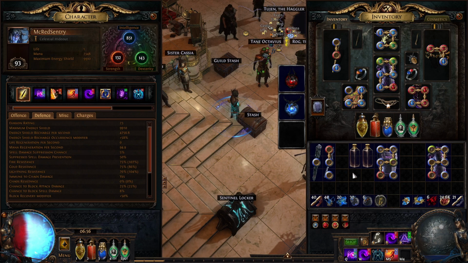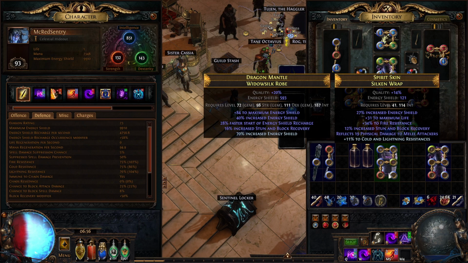Also, you can start looking for some cheap 5-link to increase damage for your Bane. I think in Act 7 I got this one. It was 1 chaos, I think. Now the price is probably much cheaper. And